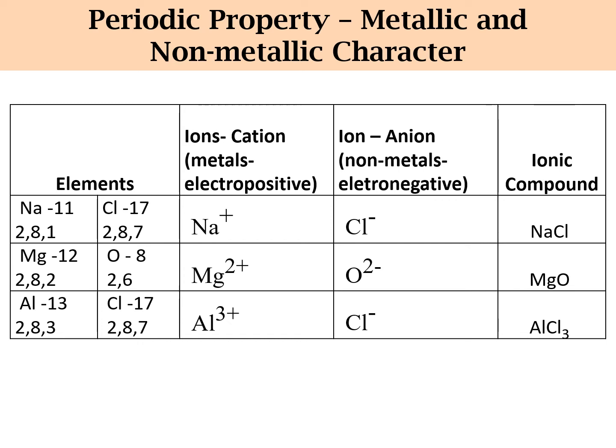So there are 2-3 reasons. To end this slide, I would just say that there are 2 to 3 reasons for metals being electropositive. One is less atomic number as compared to non-metals. Second, presence of electrons in K and the L shell, that is shielding electrons. And third reason, that is lesser number of electrons in the valence shell. So that makes them electropositive. So from this slide we have studied about the periodic property of metallic and non-metallic character of metals and non-metals.